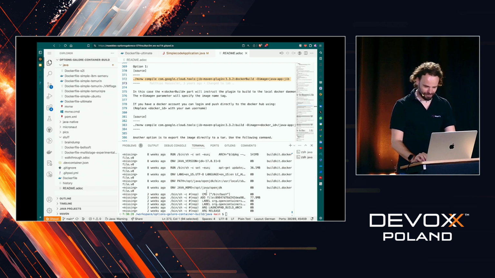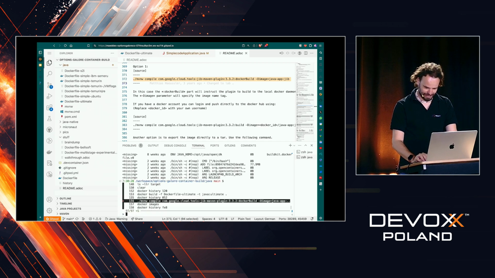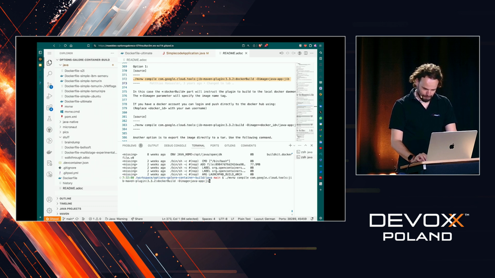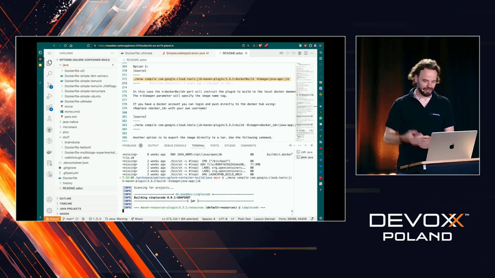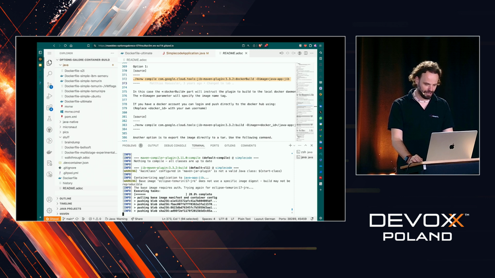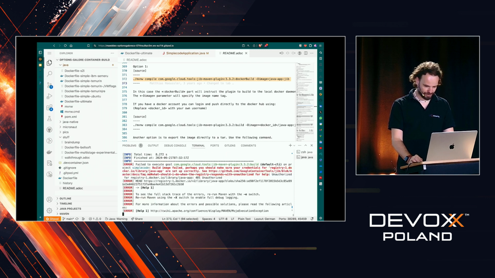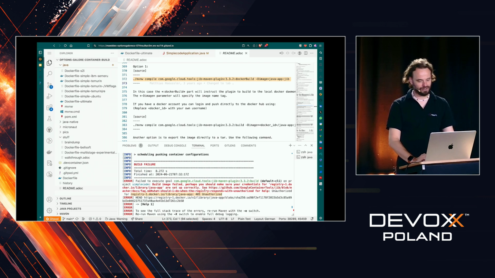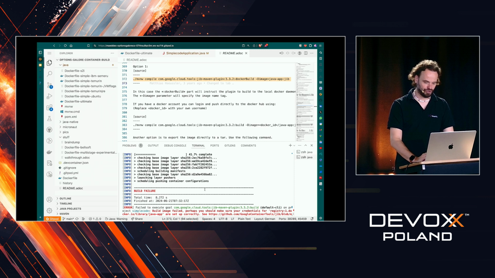Anyway, if I just look back into this command, I can at least try to do it. Here I have that Docker build option, and I think if I just specify build, it would not build to my local environment, it would try to push it. This will of course fail now because I'm not connected to any container registry. So it says, okay, it's not authorized to push it under that name,